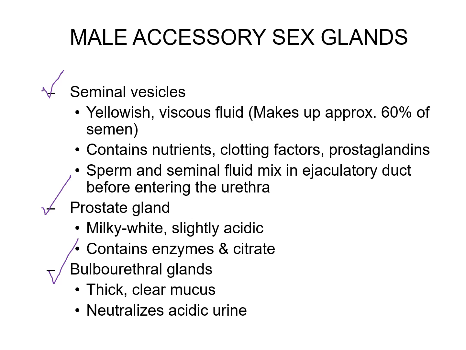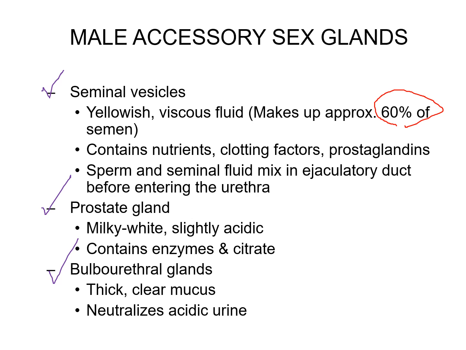And all three of these structures that I just put a check mark by are contributing to what goes in the semen. So first and foremost, let's talk about the seminal vesicles. You do have two of them in the male anatomy, a left one and a right one. And they contribute the majority of the semen. As you can see, about 60% of the semen just comes from these structures alone. And it creates this kind of